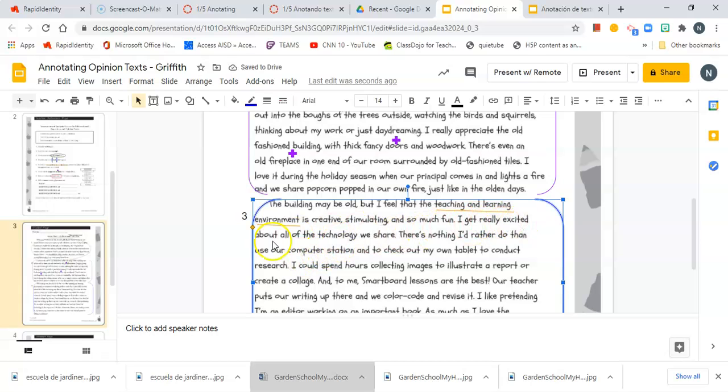Okay? I get really excited about all the technology we share. That's part of the learning. So we're going to use a plus sign here because that's supporting the teaching and the learning environment. I'm just going to click on this, Control C. Remember, for you, I will have all these plus signs right here on the side and you just click and drag them over. There's nothing I'd rather do than use a computer station and to check out my own tablet to conduct research. You could put another one,